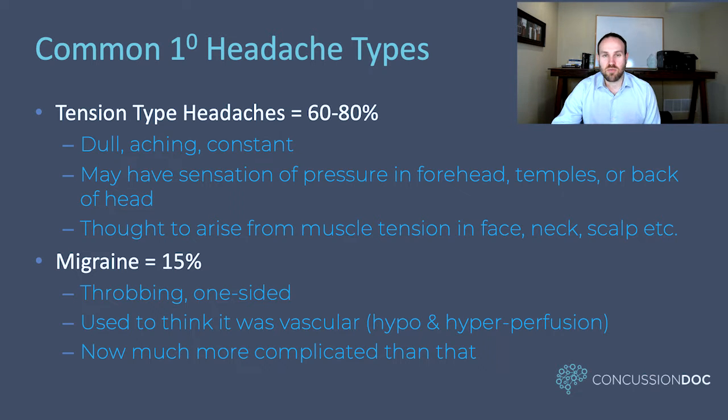Migraine headache, they used to think it was vascular. So the thought process on migraine headache was that there was some sort of altered blood flow issue. It was a vascular headache, and you had a reduction in blood flow to an area, which would cause, in some patients, what's called an aura, where you may see color patterns. You may have some sort of thing that starts up before the headache happens that leads you to believe or to know that a headache is going to come.